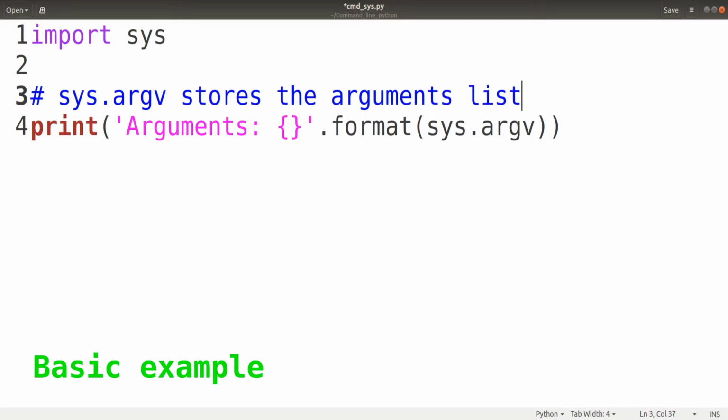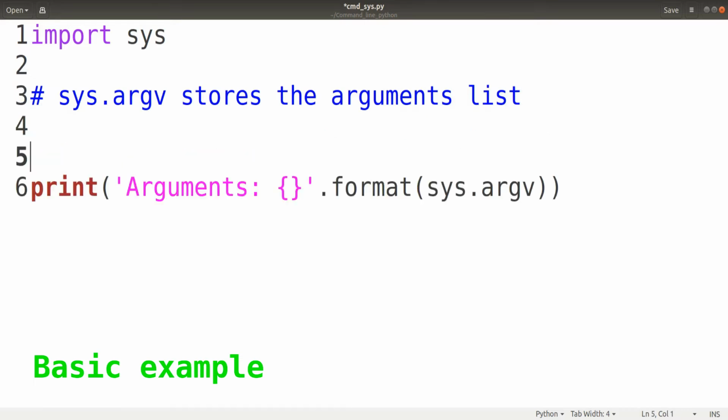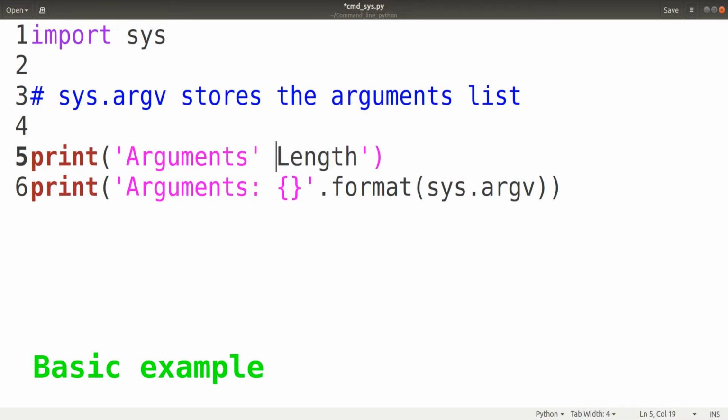Right, so let's also print the length of arguments. For that we will use the length function on the variable, so let's write print argument length. Let's give the forward slash here.